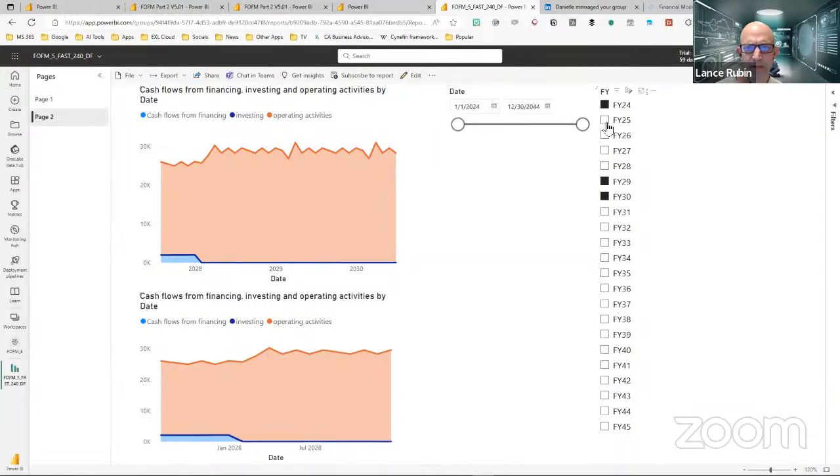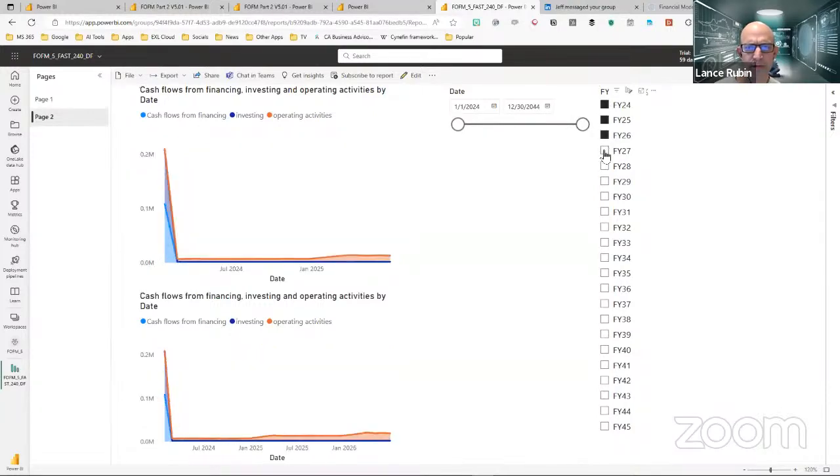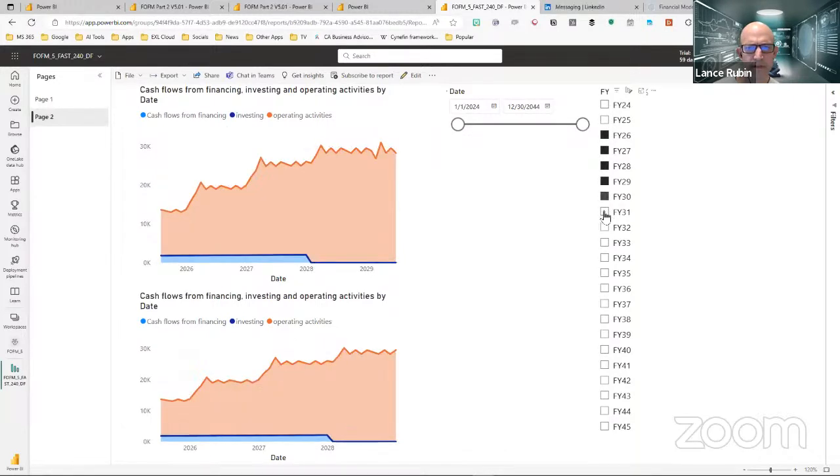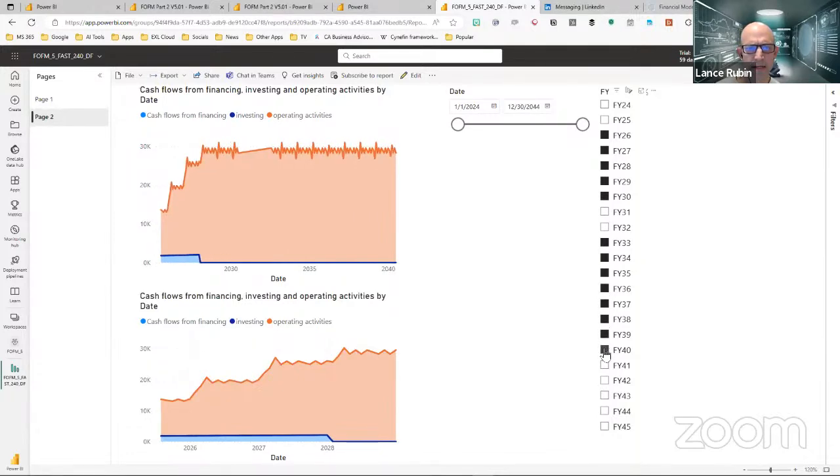So I think it only went up to, if I just look at these 2 models, 2027. I'll get rid of these. So the one model extends to further periods. You'll see on the top, whereas the one at the bottom stays static. So this is the normal FAST model without dynamic arrays, and this one was the one that was extended to 240 periods. So I can have a look at that.